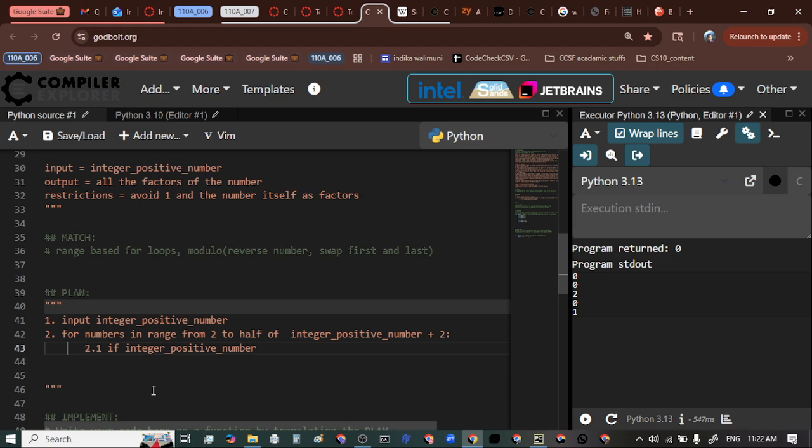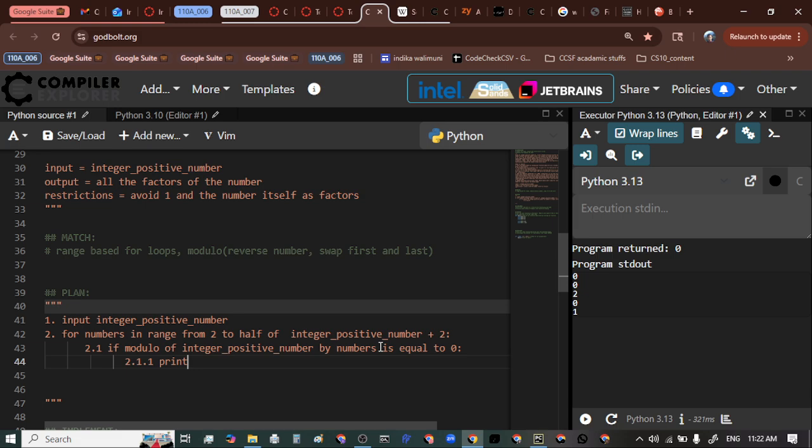If modulo of this number by numbers is equal to 0, then 2.1.1